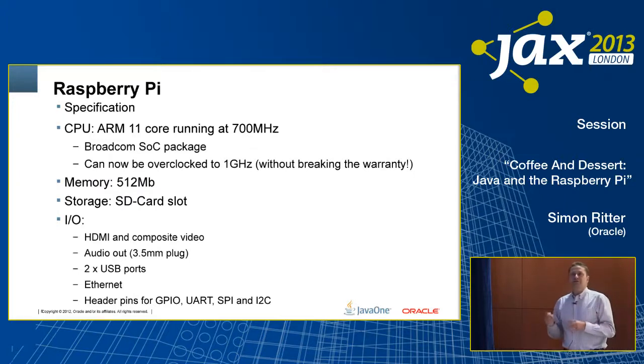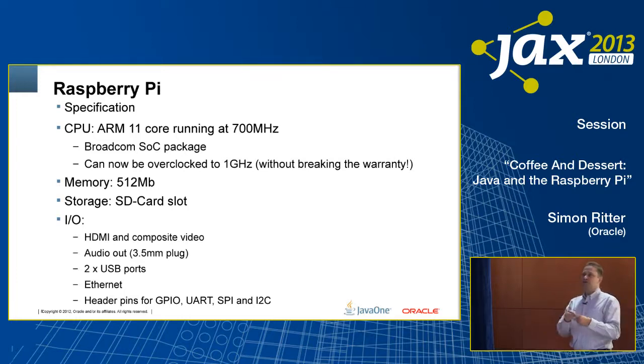For a monitor, again, to keep the price down, rather than having people buy a separate monitor for this, they said, well, let's use an HDMI output, and then you can plug it into a TV. Same as the ideas behind computing many, many years ago. It also has composite video, so if you want to plug it into a composite input, you can do that as well. And then the really nice bit is there's a row of header pins on the board which allow